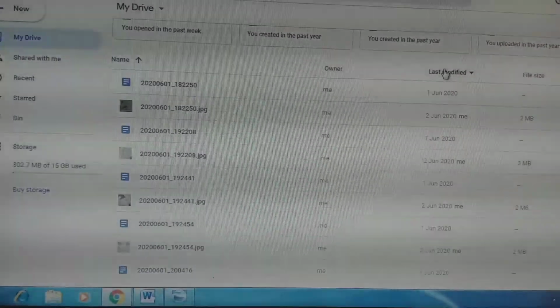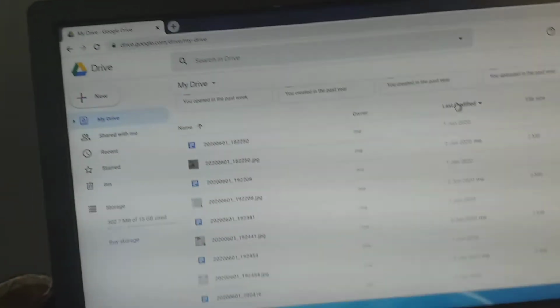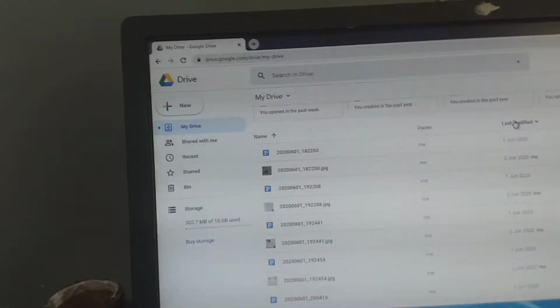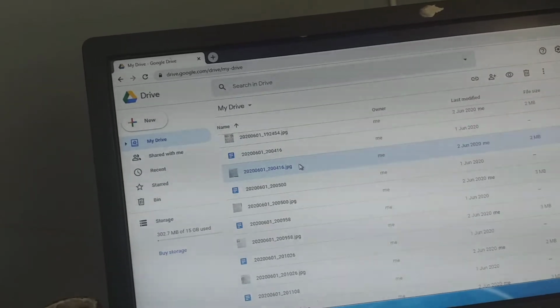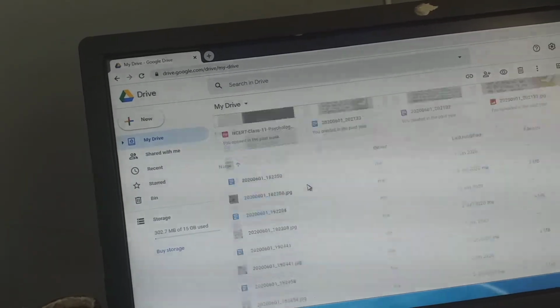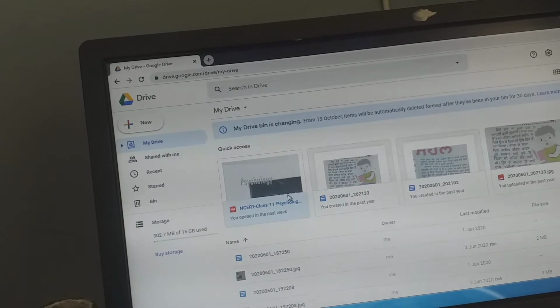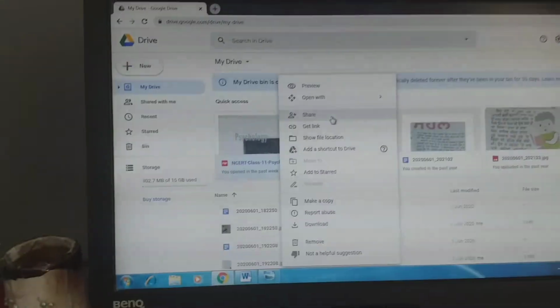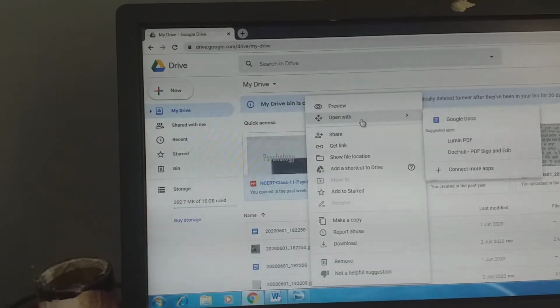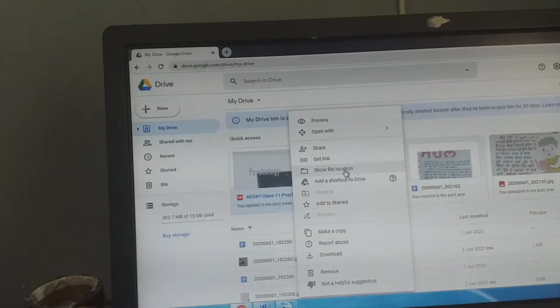Watch it carefully. Option. Here it is, share. Open with, share, get link.